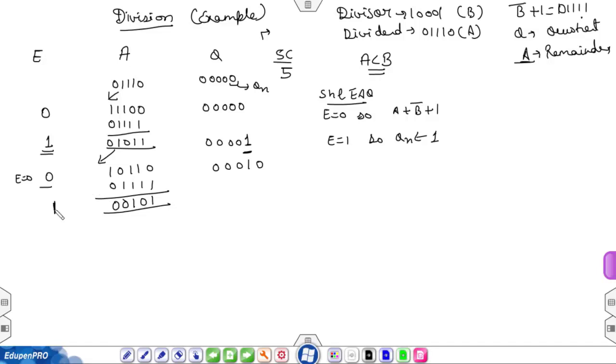So E will become 1 here. If E becomes 1, then shift 1 into the position of Qn. So here you can write 0 0 0 1 1, and the sequence counter gets decremented and will become 3 here.